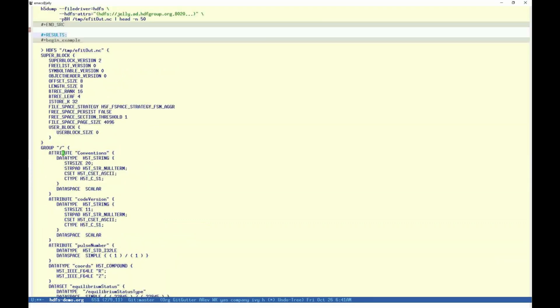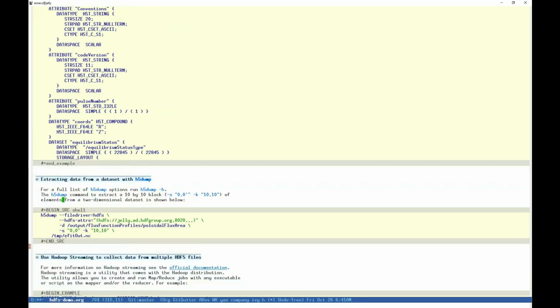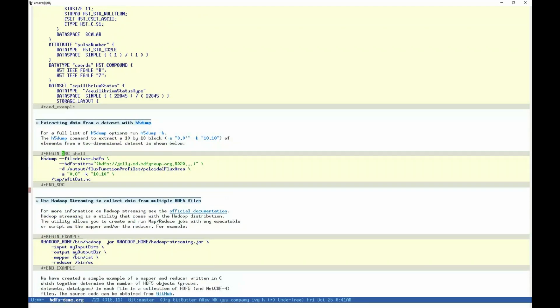And here's the output as we expected, very detailed. And now, of course, sometimes we would like to see data, and in this particular example, unfortunately in our sample file, there are only groups in there, there are no data sets. But in this slightly bigger example, there are plenty of data sets, and these data sets tend to be rather